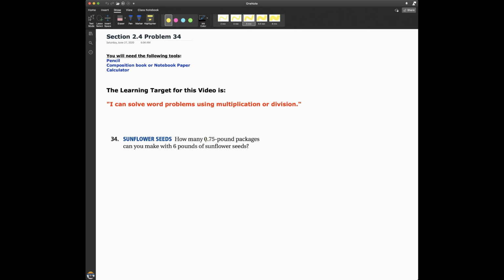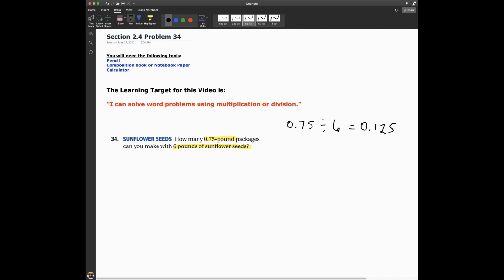So how many 0.75 pound packages can you make with 6 pounds of sunflower seeds? Typically when I see students solve problems like this, they will take 0.75 and divide it by 6. If you put 0.75 divided by 6 in your calculator, they will write,